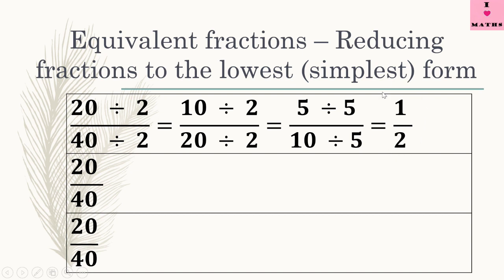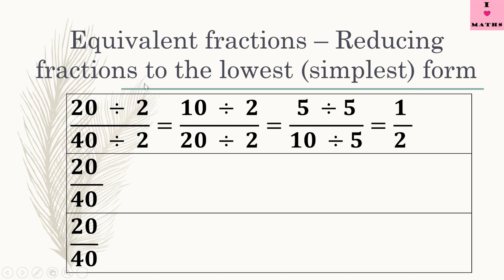Now, let us find out whether 1 upon 2 is the lowest or the simplest form or not. Now, think of any number in whose table 1 and 2 both come. There is only one number, that is 1. In the table of 1, all the numbers come. Rest, there are no tables in which 1 and 2 come together. It means, children, 1 upon 2 is the lowest or the simplest form.